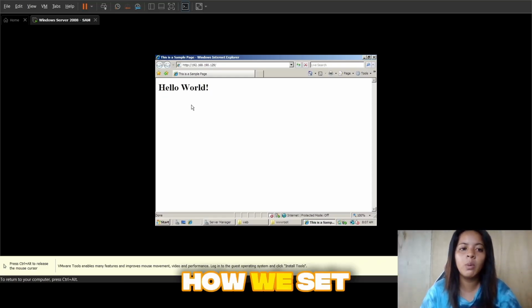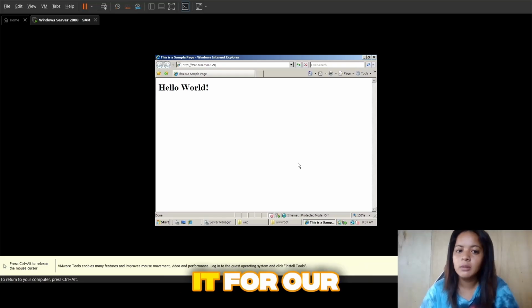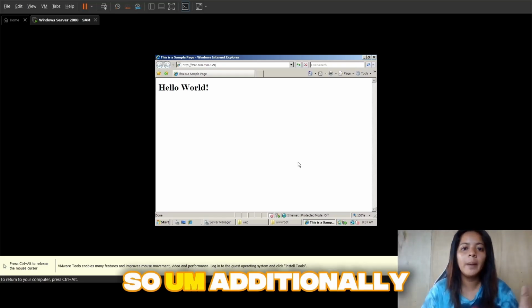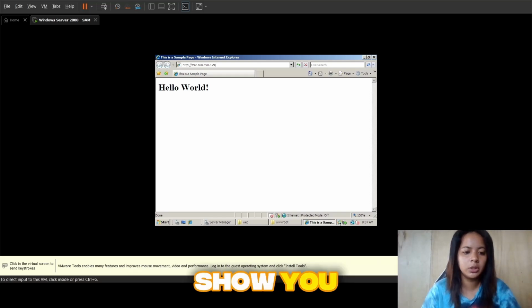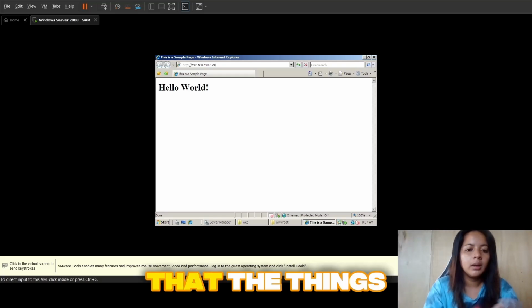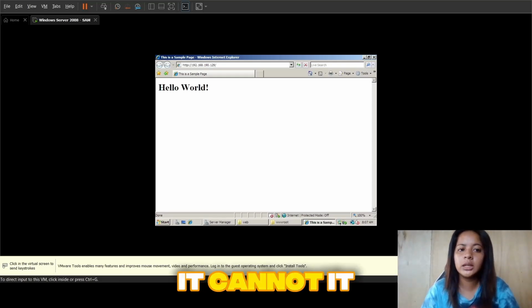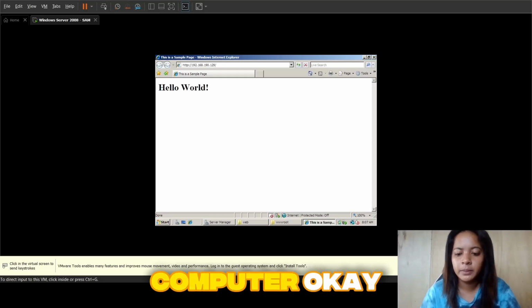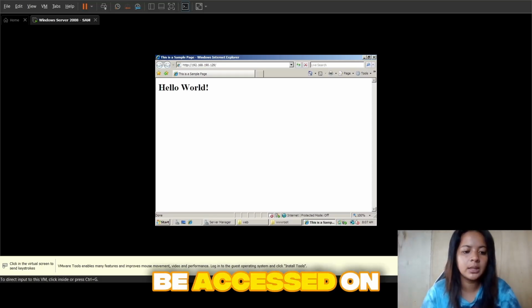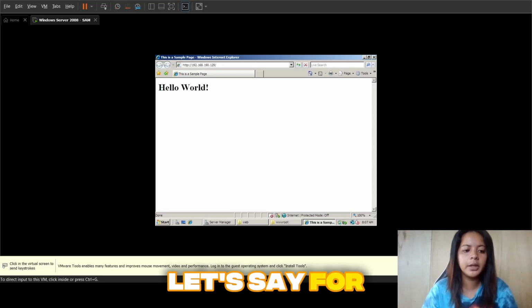So that is how we set up the web server, and how we make an HTML file and put it in our web server. So that was it for our setup. Additionally, we can show you that if it is being hosted here on our web server, it can also be accessed on the same computer that we have in here. So let's say, for example,